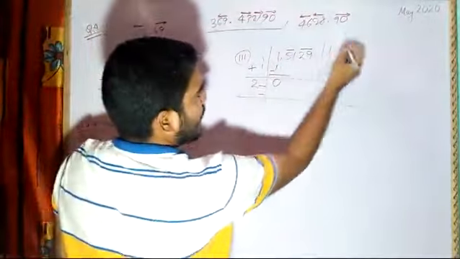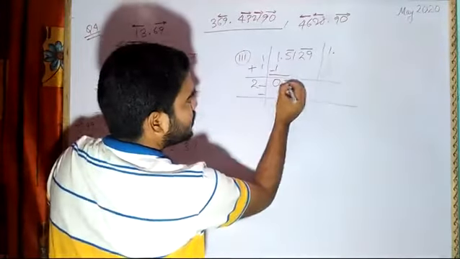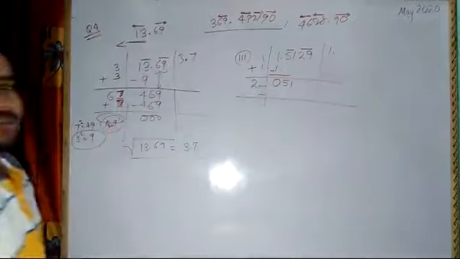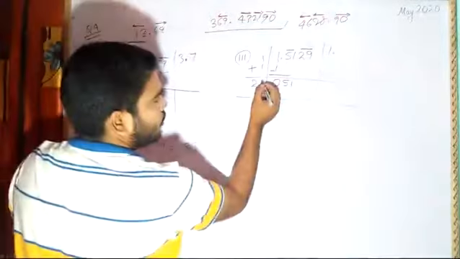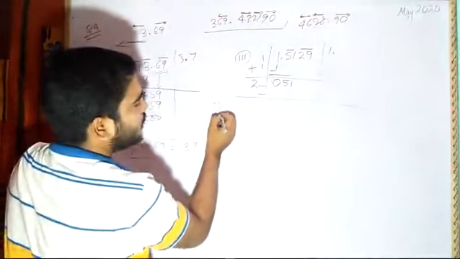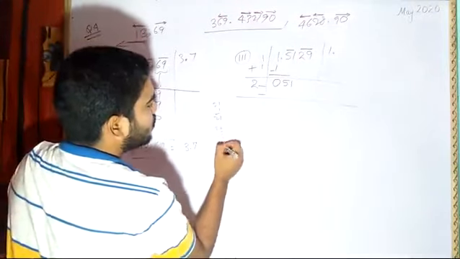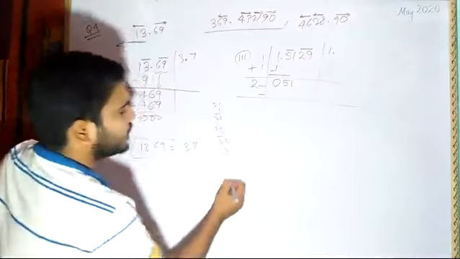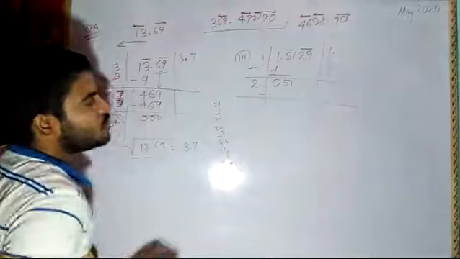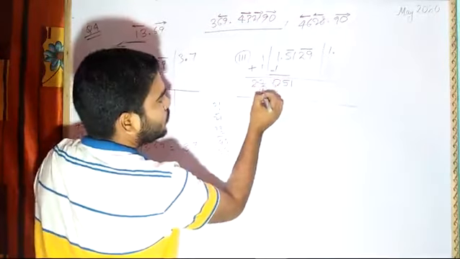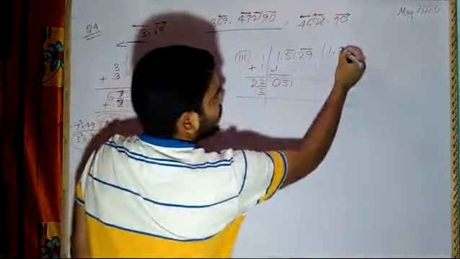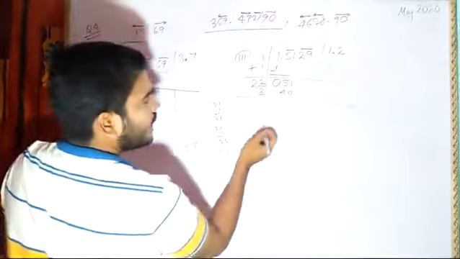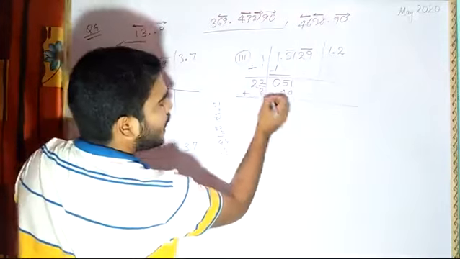Because of this decimal, I will put one decimal here and then bring this 51 here. Now you see what number will come here so that it will be equal to 51. If I write 1 and 1, 21 into 1 it will be 21. 22 into 2, 44. 23 into 3, 69. So obviously it will be 2. So I will write 2 here, 2 here. So 2 times I wrote here, so I have to write 1 time here. 2 2s are 4, 2 2s are 4. Then our task is plus and minus.